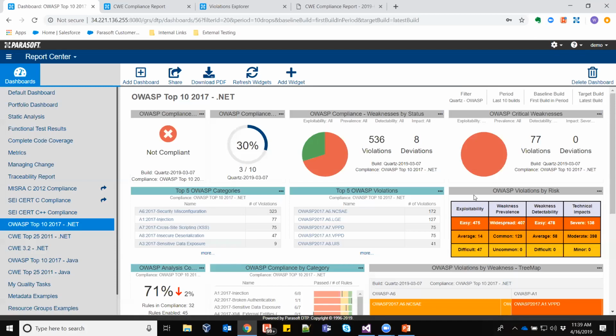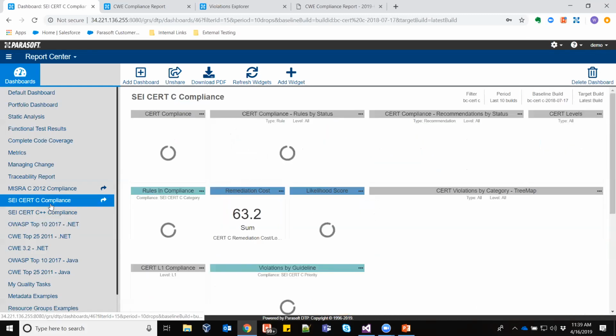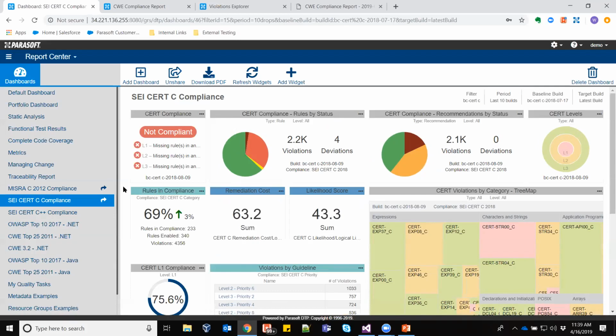If you go ahead, Wilhelm, and click on the SEI CERT compliance dashboard, two above yours, there you go. So CERT is another standard, very focused around C and C++, or should I say it's very focused around engineering best practices. Here we've got a dashboard that's focused around C and one for C++.